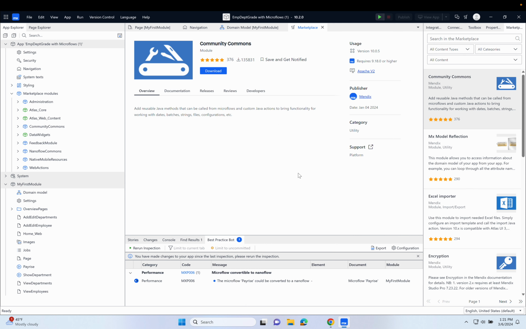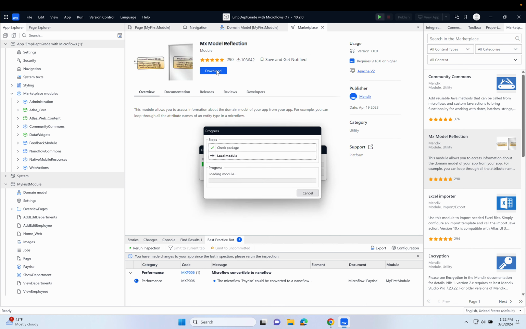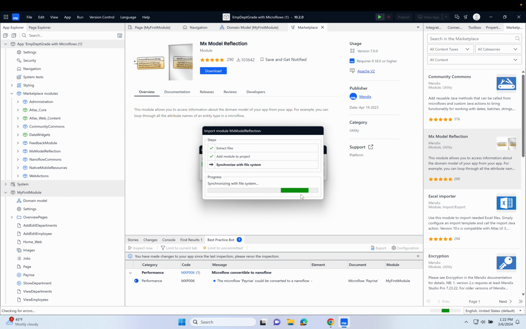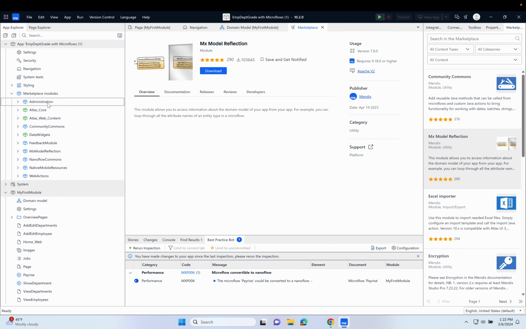Let's add in the MX model reflection. So I'm just going to click on that. Again, if it's not in the list, you can simply search for it in the marketplace. So I'm going to add that in, add in as a new module. And there it is. So again, you'll see it over here in App Explorer, under the App General heading inside Marketplace Modules. So we've got the MX model reflection, we've got the community commons, and then the final